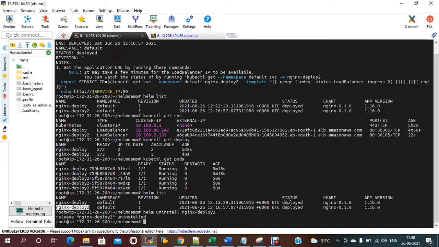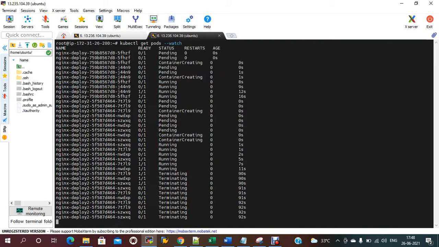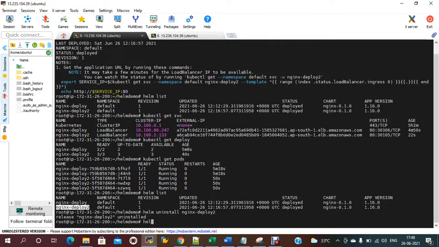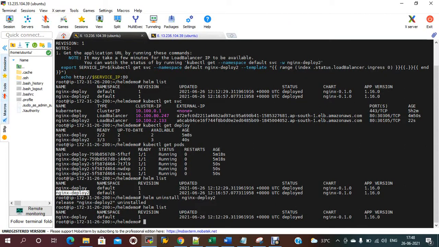So it should be uninstall. If you check now, it should be terminating. Now if you check helm list, it will show only one.